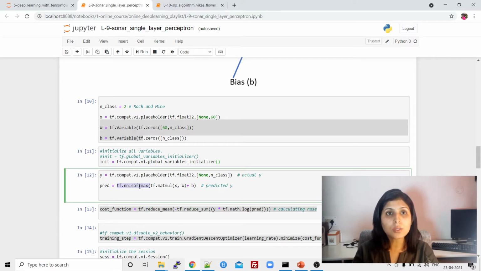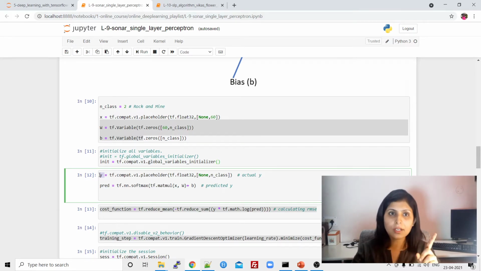The class with the higher probability value will be the output for that record. So this PRED variable holds the code of a perceptron. This is what a perceptron does, right? Summation and then activation. So in this PRED variable we have the predicted y value, and in this y variable we have the actual y value.